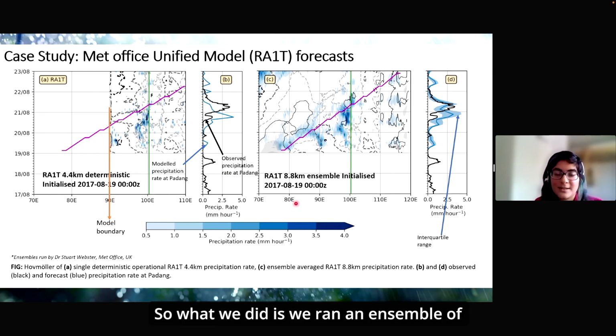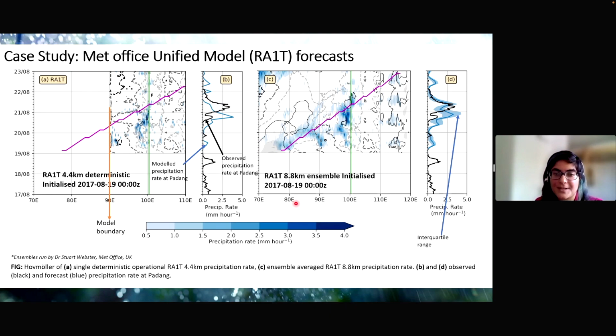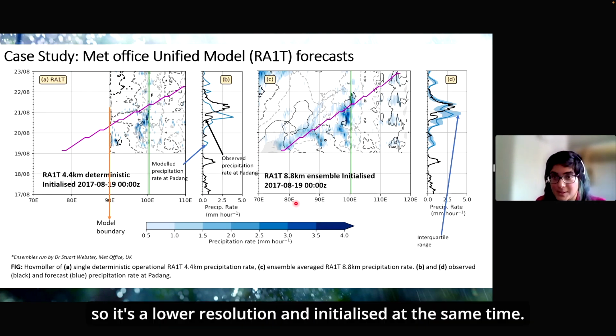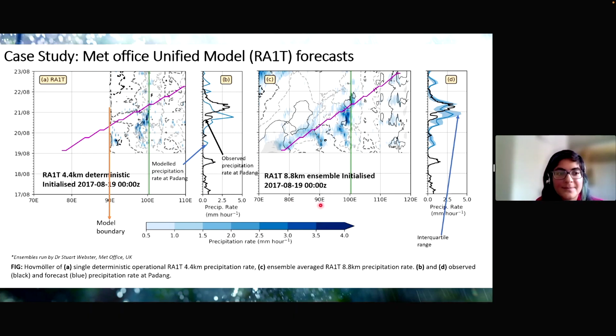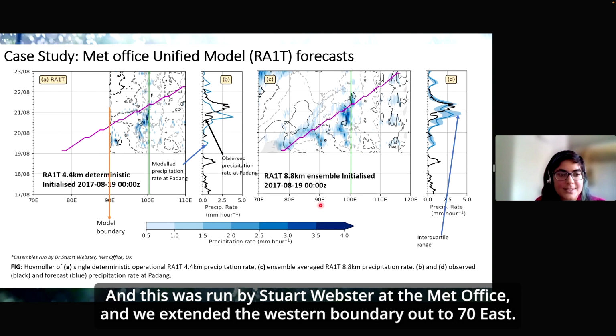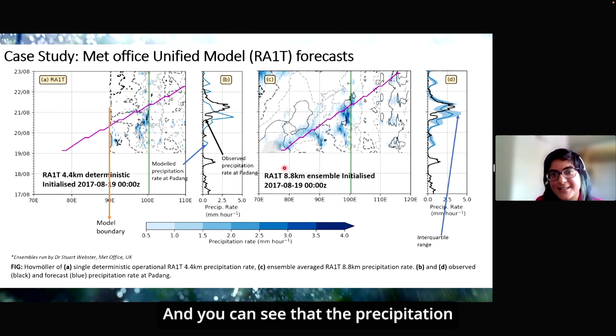So what we did is we ran an ensemble of 8.8 kilometer forecasts. This is lower resolution and initialized at the same time, and this was run by Stuart Webster at the Met Office. And we extended the western boundary out to 70 east. And you can see that the precipitation